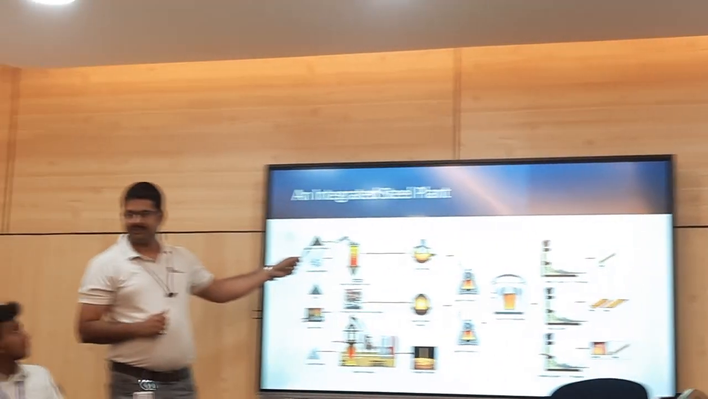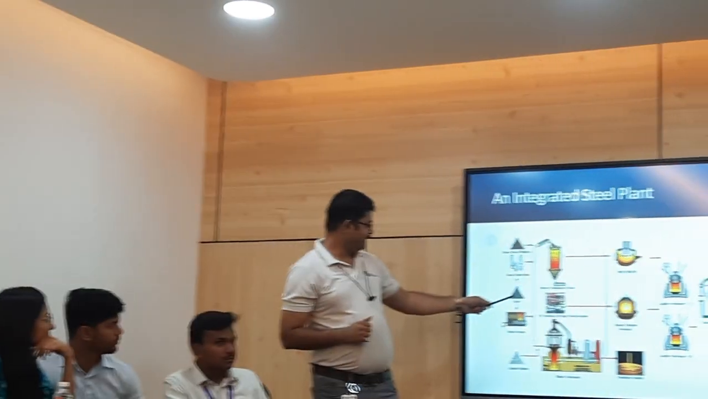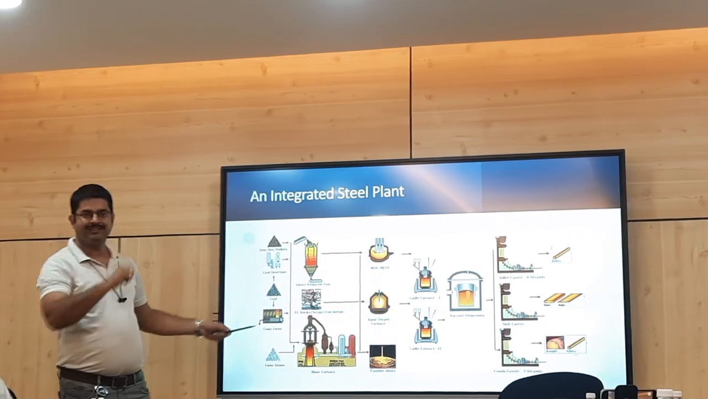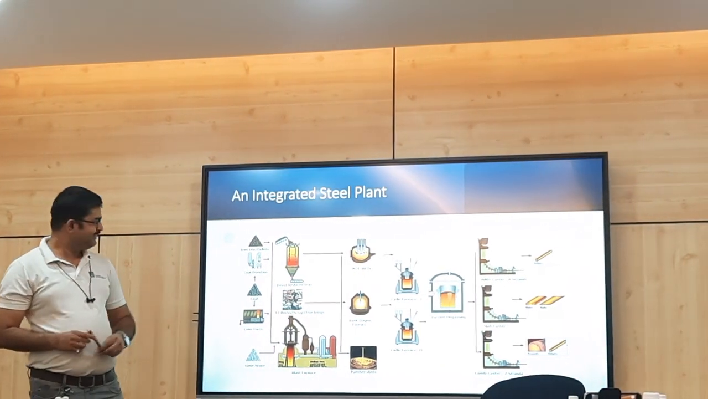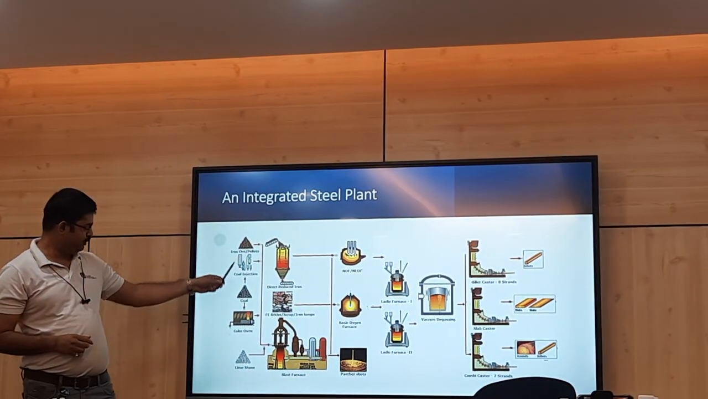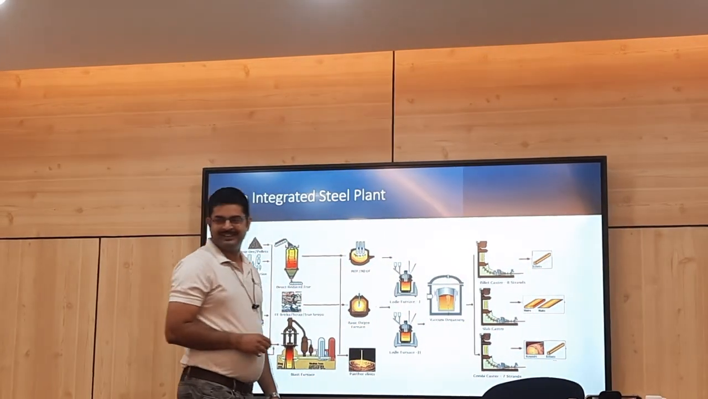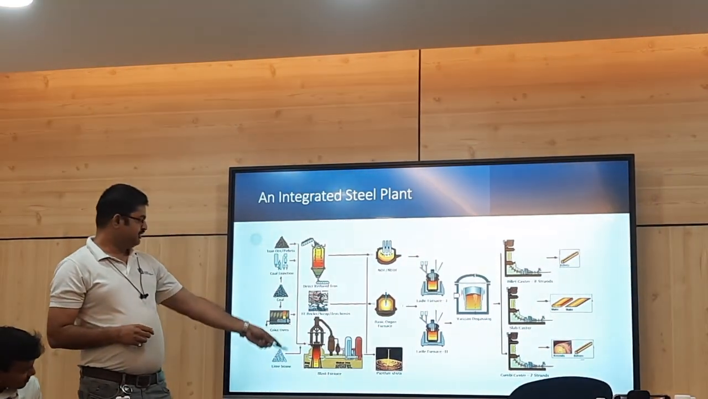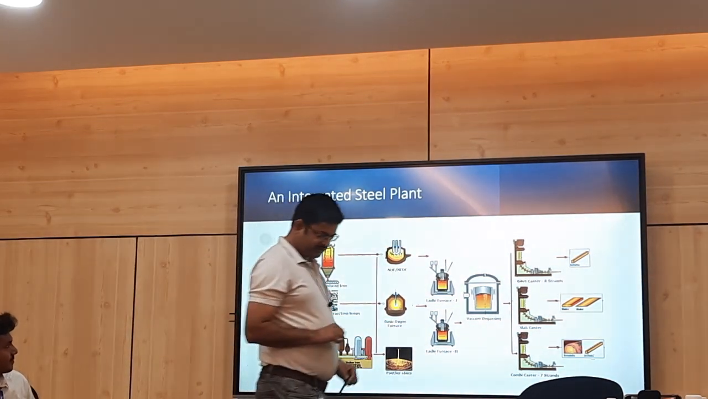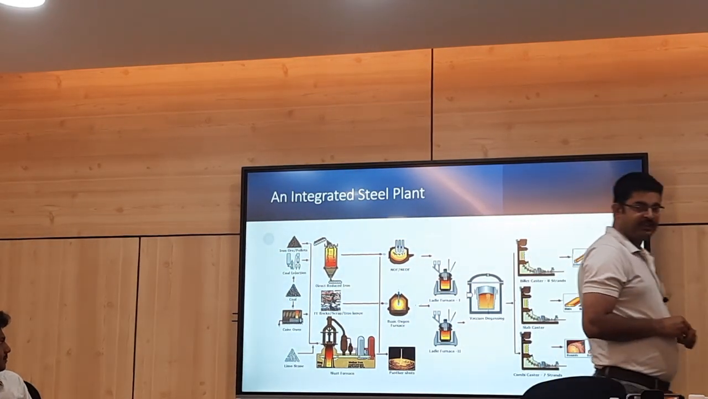ये हमको मिलेगा रवि सर से, फिर आपको कोक मिलेगा। चेतन जी हमको कोक देंगे, तो हमको आयरन ओर मिल गया, चेतन जी से कोक ले लिया, लाइमस्टोन हम बाजार से खरीद लेंगे, ठीक है। Now we have the two iron making processes, one is the direct reduction, second is